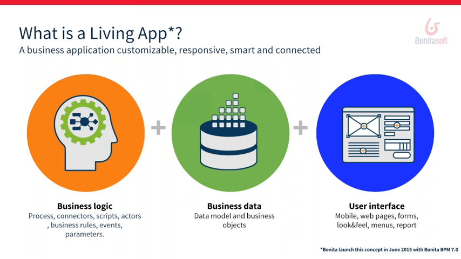You also want to be able to define who is in charge of which part of your process. So for that, we have the notion of actors. So we'll say this task will be managed by this part of the organization. This task will be handled by this specific user because that and that happened in the process. So you will actually implement a dynamic rule for assignment. Your process will be able to behave on external events or internal events, and then you can parameterize the application to change dynamically the behavior of